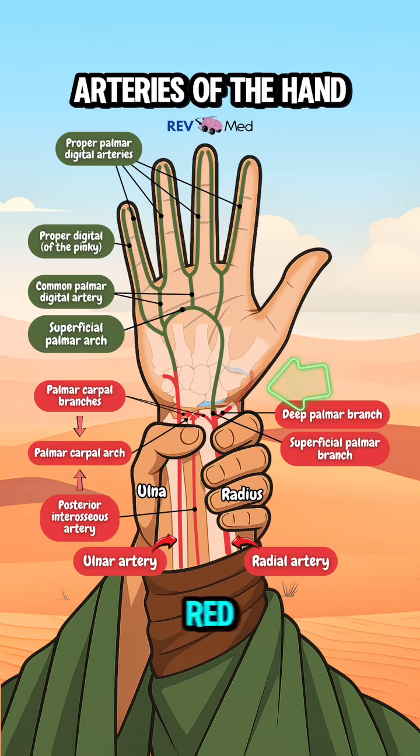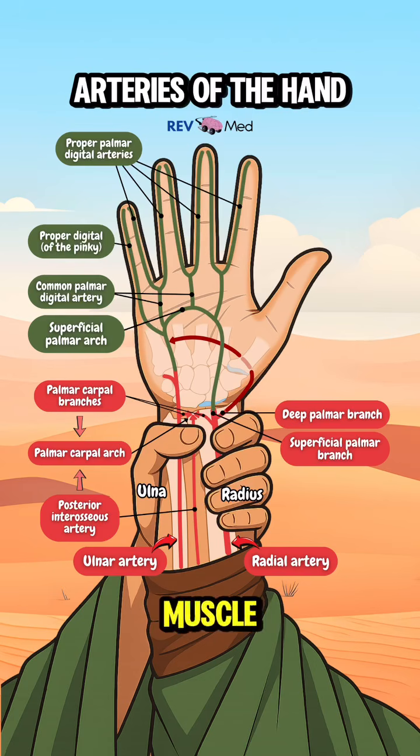Next we'll do a darker red for the deep palmar arch, and this arch mainly is formed by the deep palmar branch off the radial artery. It goes around the wrist, arriving at the base of the first intermetacarpal space at the back of the hand. It then pierces the intermetacarpal space and arrives here in the palm by passing through the two heads of the